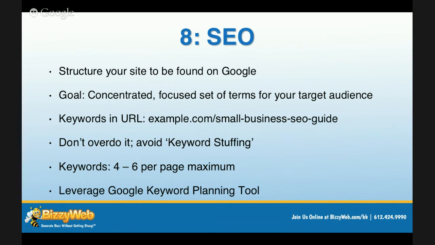But what the Google keyword planning tool will let you do is just type in your URL, the website address of your company, enter in a keyword or two that you think you want to be found for, and the category of your business, whether you're a bank, a doctor, a lawyer, or in industrial finance. And then Google will tell you other recommended keywords that you might want to consider from the vein of Google